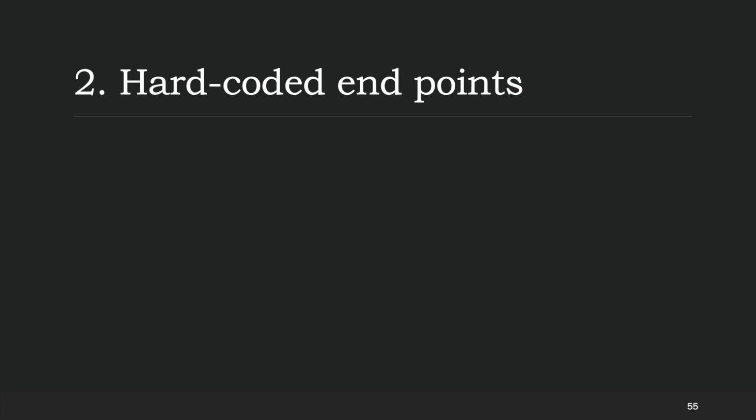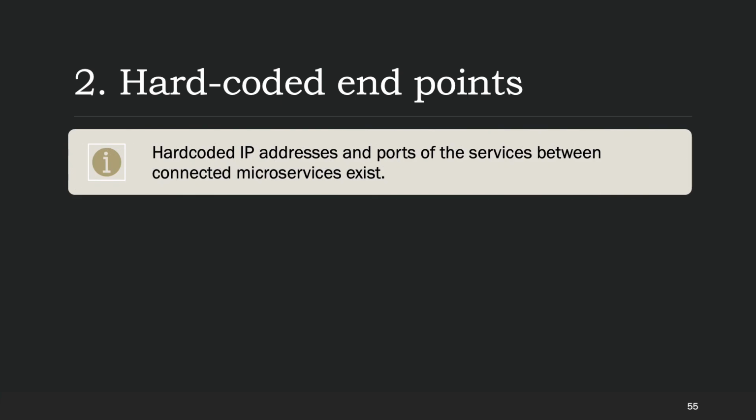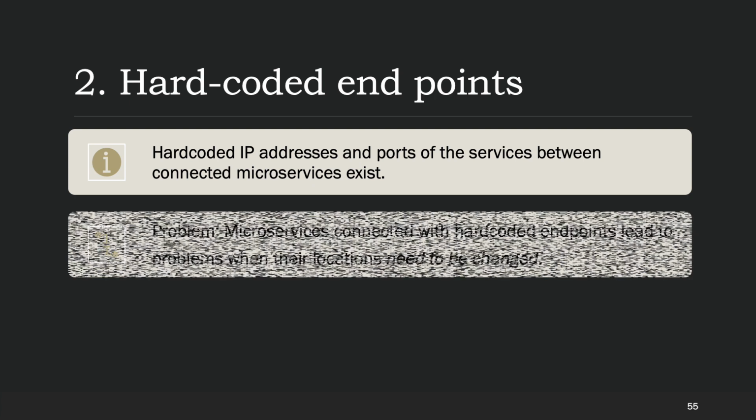The second most often mentioned bad smell is to have hard-coded endpoints for service locations. This basically means that there is a string somewhere hard-coding the location of a service instance, which can be very, very bad when the location of the service must be changed. So maintainability is affected.